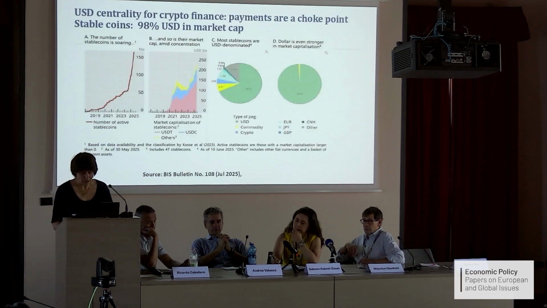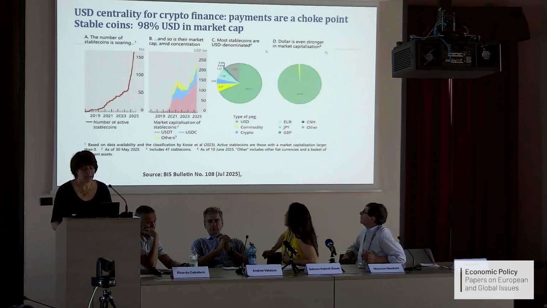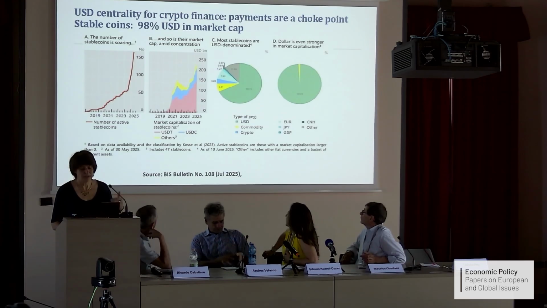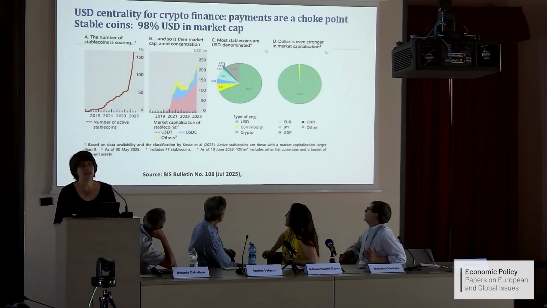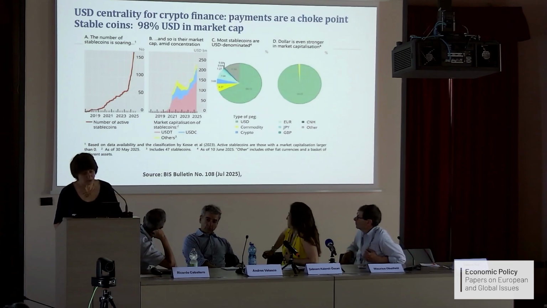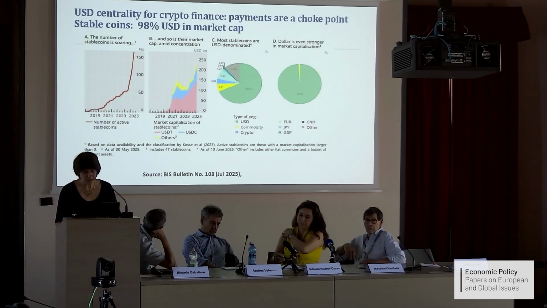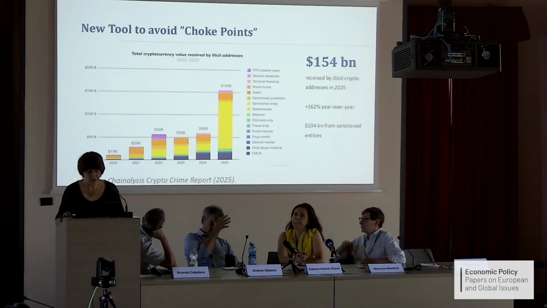Now, however, I'm just going to show you very briefly this data about the US dollar stablecoins. As you can see, there are a lot of stablecoins, but there are only two that matter for the moment, and it's Tether, USDT, and it's Circle. They constitute most of the capitalization, and as you might know, Tether is actually located in El Salvador, and Circle is regulated mostly in the US, also a little bit in Europe. So all the market cap is essentially almost for the moment in those instruments.